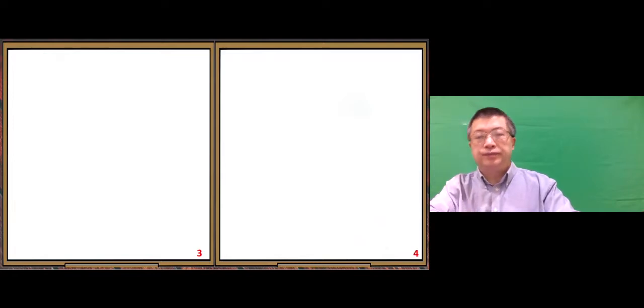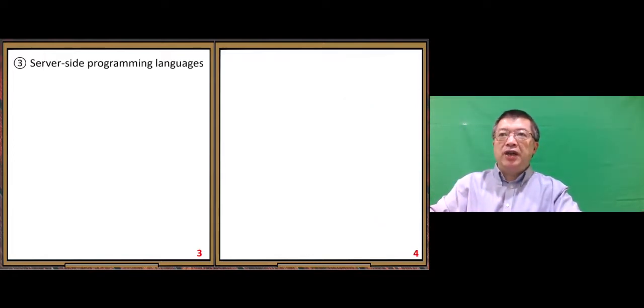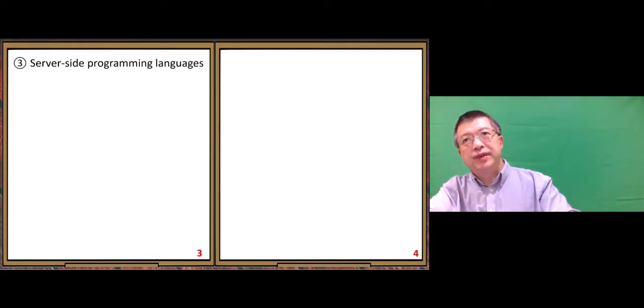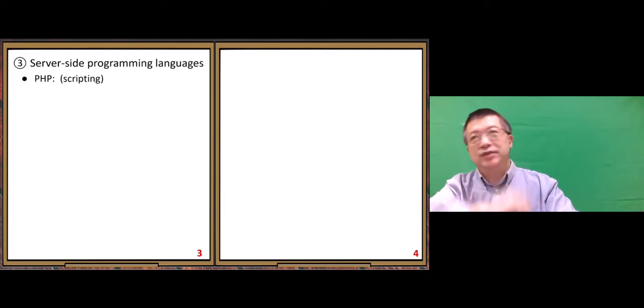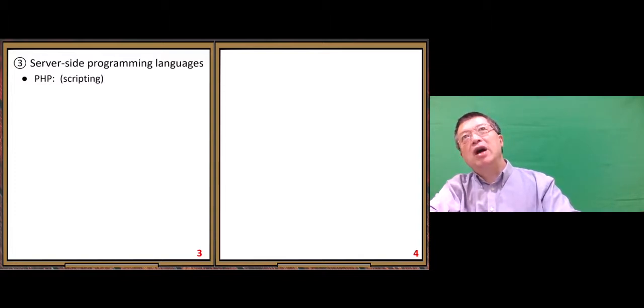All right. Next, server-side programming languages. Here, let's just talk about several of the most popular server-side programming languages. The first one, PHP. It's a scripting language. So that means it is not a compiled programming language. It is interpreted. You do not compile it. You run your source code directly. Some of the languages are interpreted. Some of the languages are compiled. Java is a compiled programming language. PHP, Python,